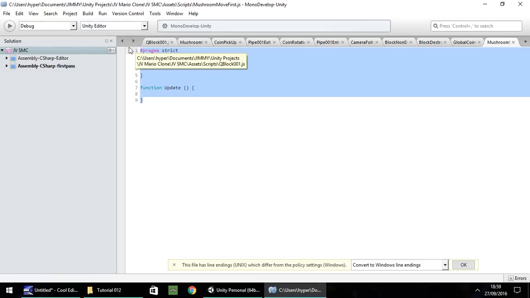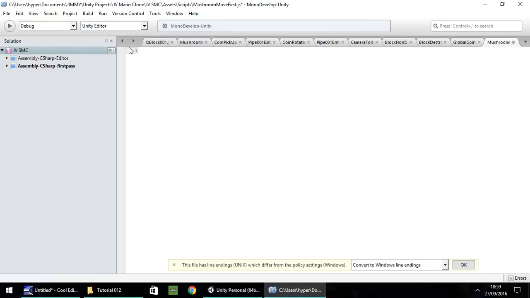Let's delete everything we've got. This one again is a nice small script. 2 variables we'll use, both game objects. So we need 2 mushrooms referenced in this. So let's do var actual mushroom, and this is going to be our actual mushroom that moves along our level. Game object, and let's do var this mushroom. So this mushroom refers to the mushroom that we're going to attach this script to. It's also going to be game object.